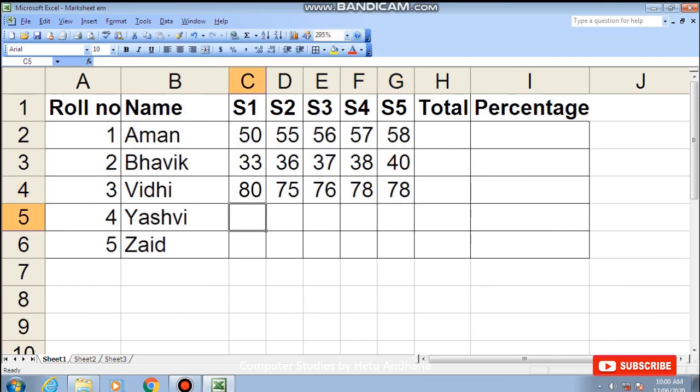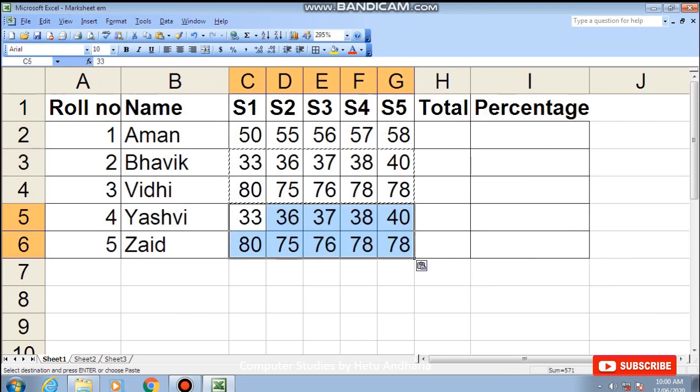Okay, now I will not waste time entering the marks. I will copy this much data and paste it here. Fine. Now I want to get the total.